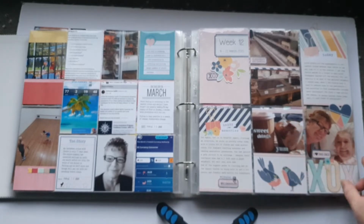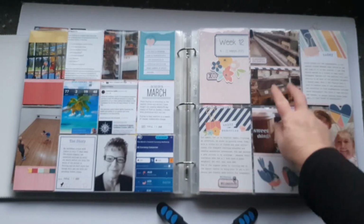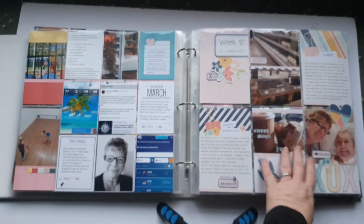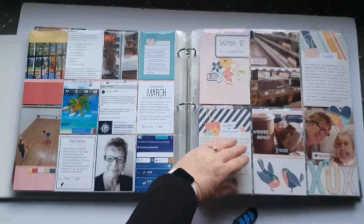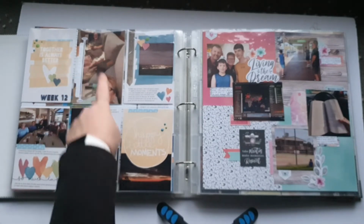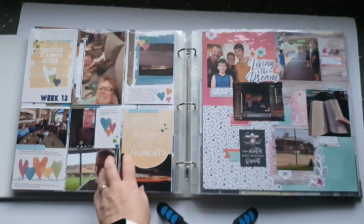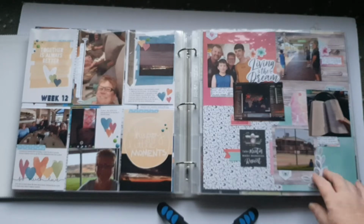So this is new. This is my dad when he was unwell. I've just done a bit of stamping on there showing coronavirus carry on in the supermarkets and stuff, and told a couple of stories. Here I've got week 12, and then foolishly I made a mistake and popped week 12 on the next page. I did actually have the dates stamped. I've cut that back out again. I do have a process video, I think, for this page. This one is on the back